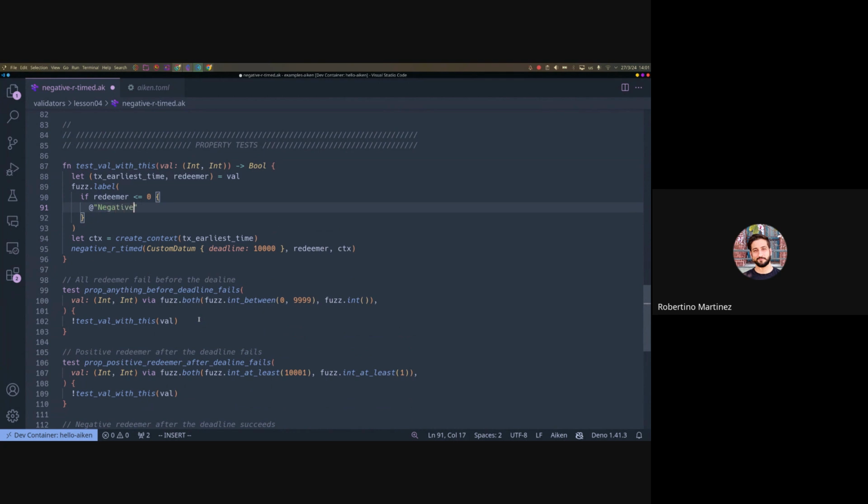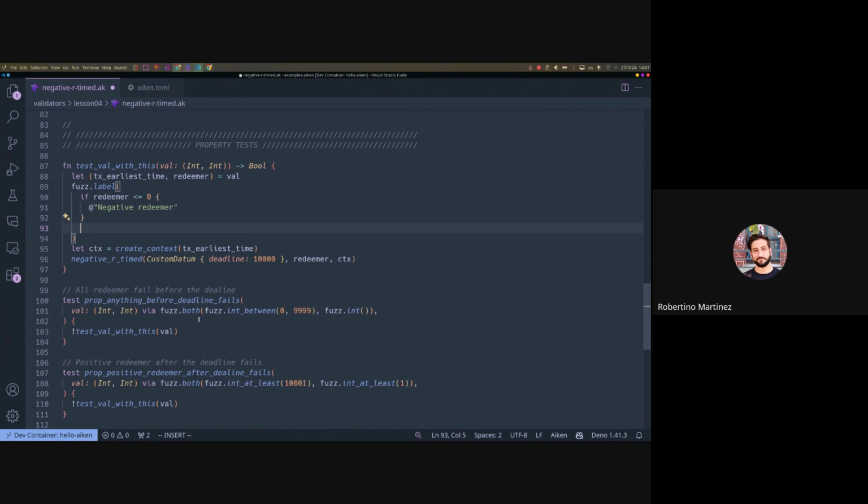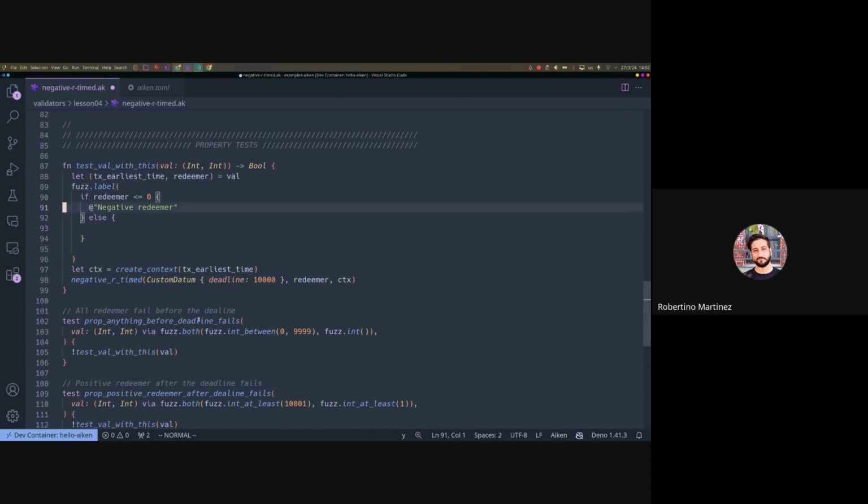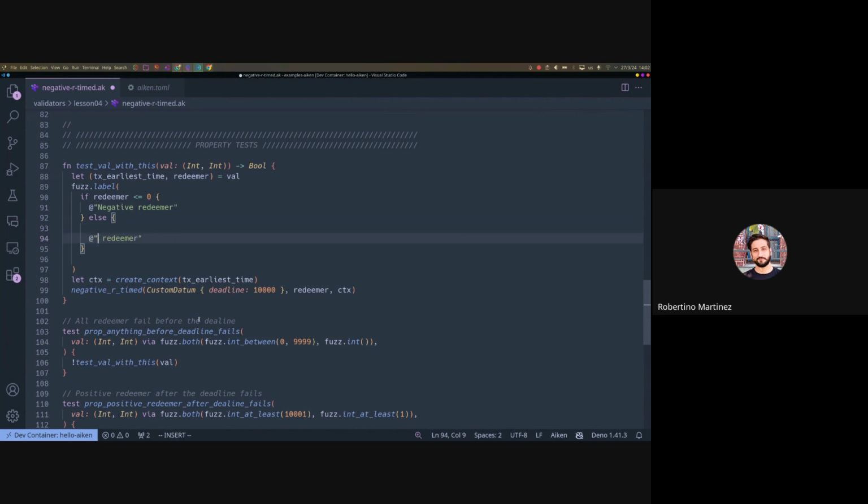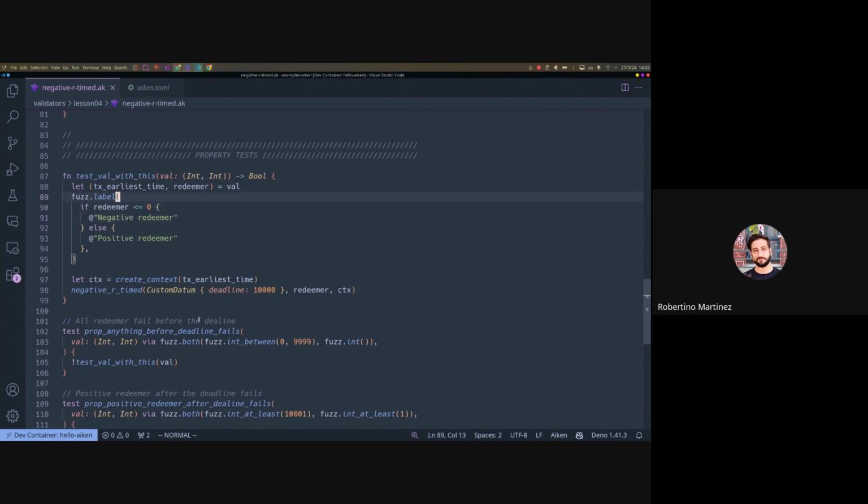Negative redeemer. Else, positive redeemer. So now that we add this label, every time we use this test val, which is in all tests,